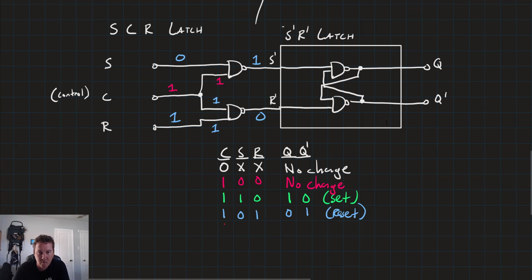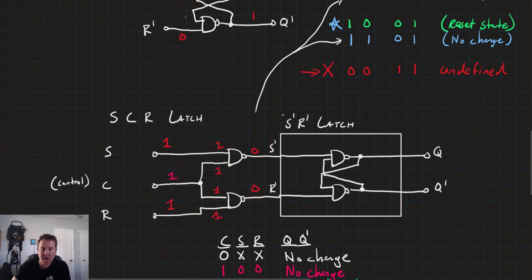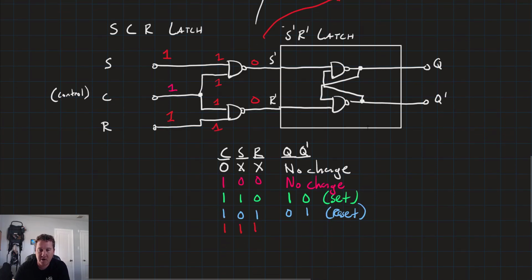Now there's one last case that we haven't looked at yet, and I bet you can guess what it is, and that's if we have 1, 1, 1. Let's take a look at what that's going to look like. So if we write all 1s to the input, that's 1, 1, which is 0. And that's 1, 1, which is also 0. And as we saw before, that's our 0, 0 input to the not S, not R latch, which puts us in that